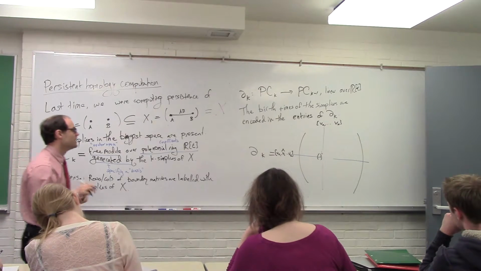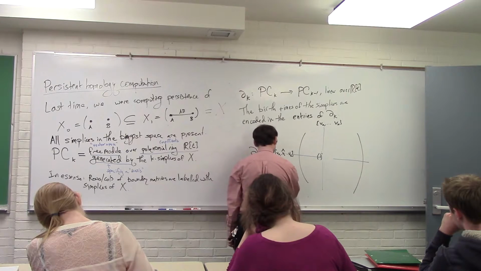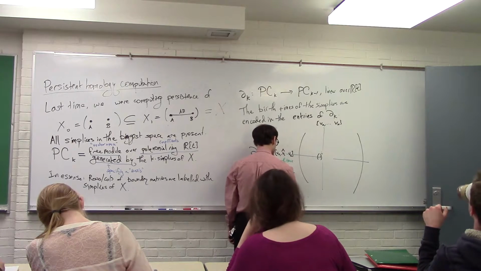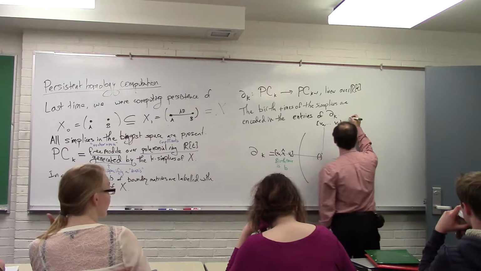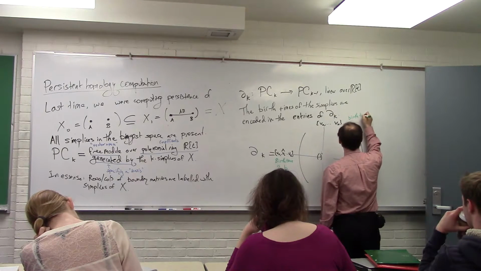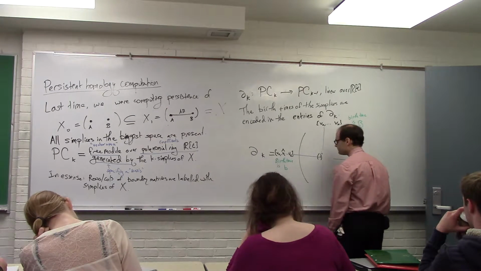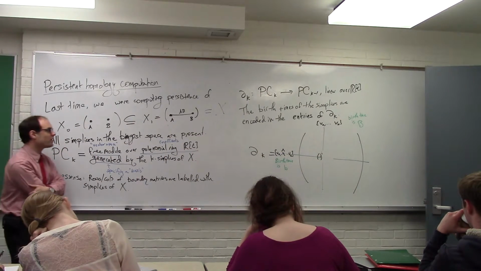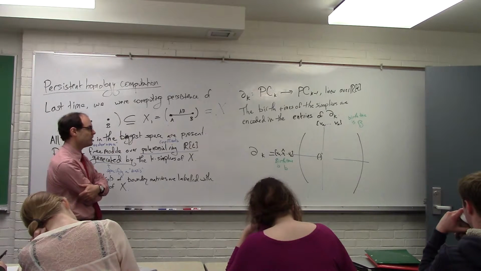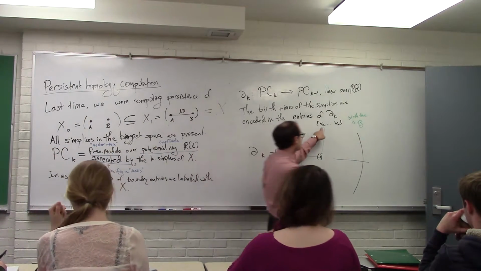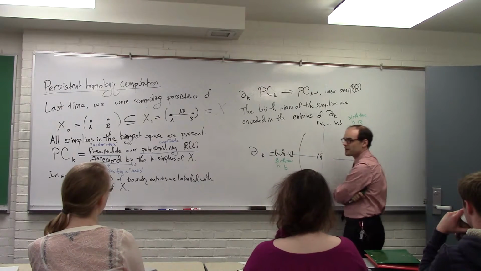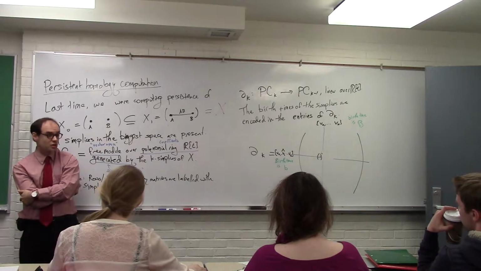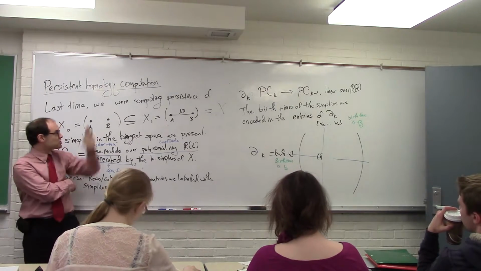And the way I'm going to do that is I'm going to tell you that the birth time is little b. Here the birth time is capital B. Now, what can you tell me about the relationship between the birth time little b and the birth time big B? The birth time of a simplex versus the birth time of its faces. Simplex has to be after the faces, or at least certainly no earlier,